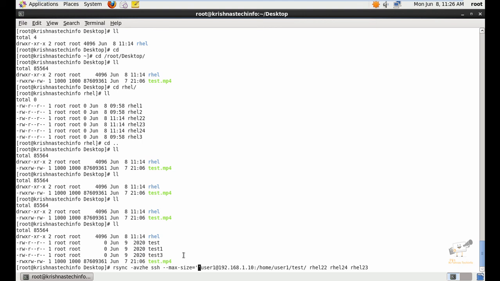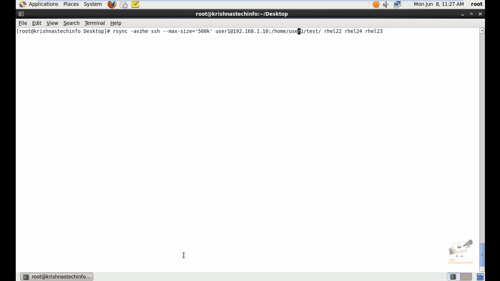If you want to set the limit to 500 KB, you can give it 500K. So the 500 KB files will be transferred. The files with size above 500 KB will be rejected. So using this option, you can set the maximum file size to be transferred.